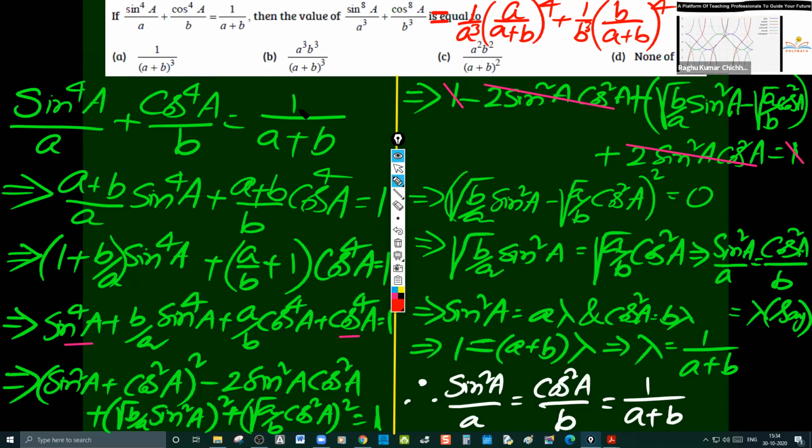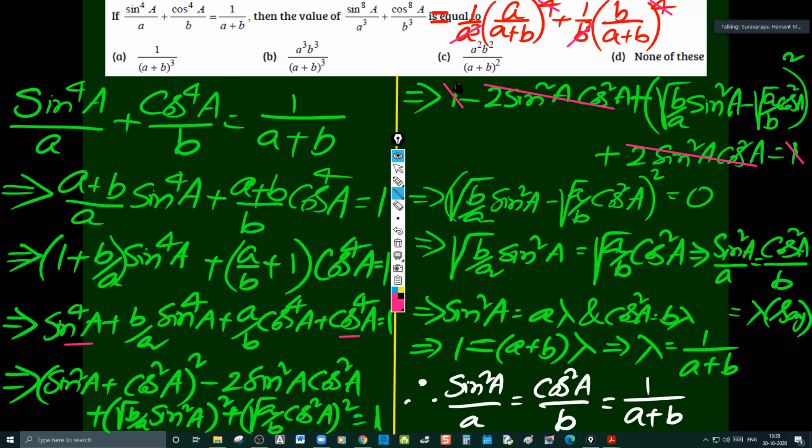Now you can say this A cube, A power 4 in the numerator getting cancelled. Just check it out. A remains there. This A cube and A power 4 gets cancelled. Here also B cube and power 4 gets cancelled. What is that remaining in the numerator? A plus B, by A plus B whole power 4.